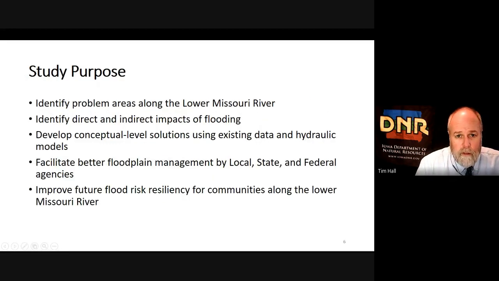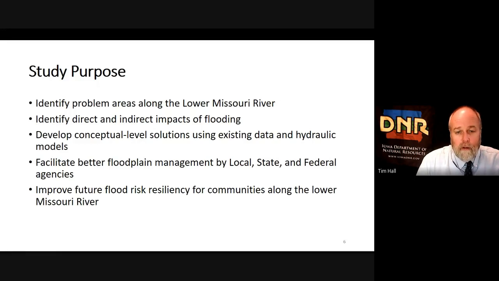What is the purpose of this study? We want to identify problem areas along the lower Missouri River. We want to identify areas where there's repetitive flooding, where impacts come directly and indirectly from the flooding. After we've identified and created a list of those problem areas, we want to develop some conceptual level solutions. How can we not just identify the problem areas, but how can we begin to address solutions to the problems